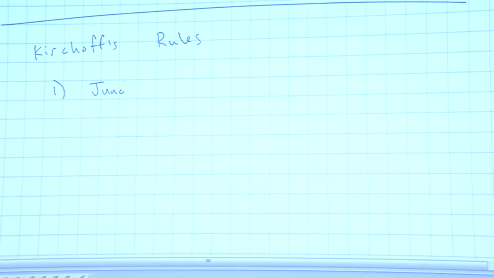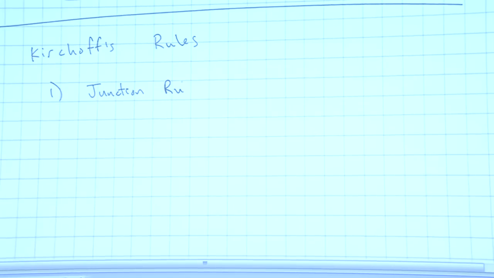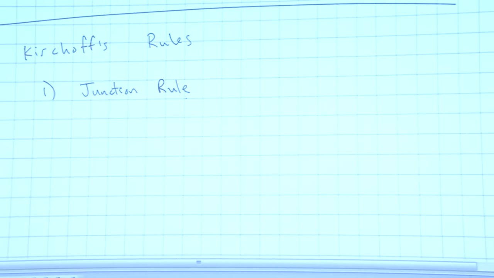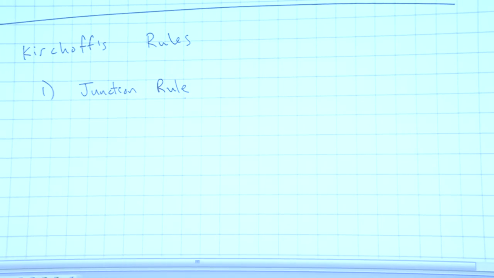So rule number one, junction rule. We've talked about this already. At a junction, whatever current flows in has to flow out. Current doesn't get created or destroyed at a junction, at these paths. Current is the same. So if there's a junction here and we have current flowing in and we have current flowing out,